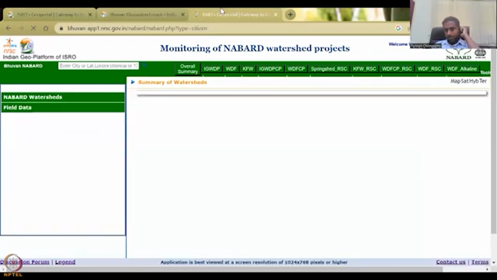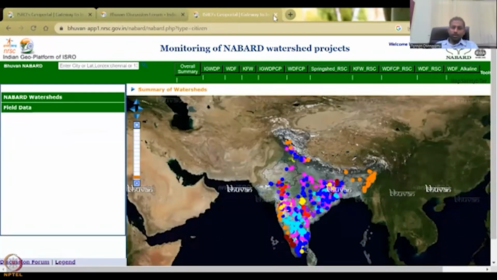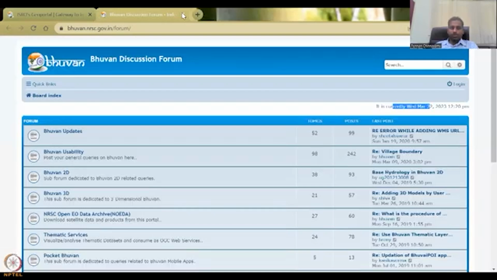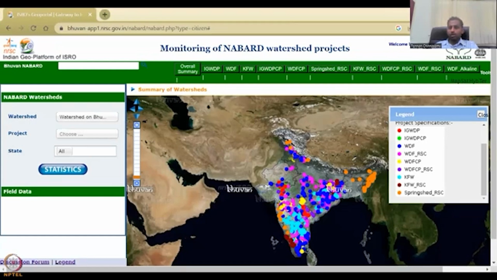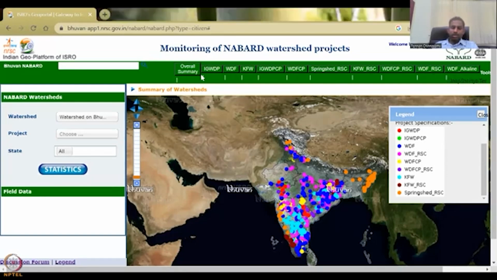Okay, great. So just for bandwidth, I'll reduce these pages. And then we will also close the other ones so that a single page is there. Okay, so now we are here. These are the different schemes that you can see on the top, and you can select which scheme you want